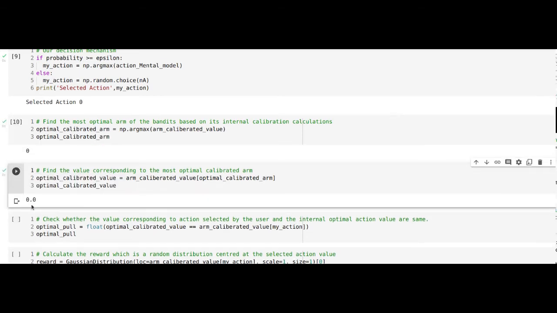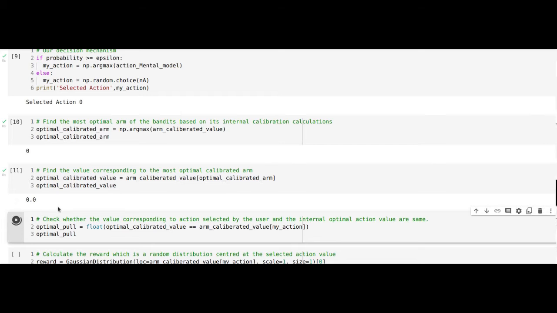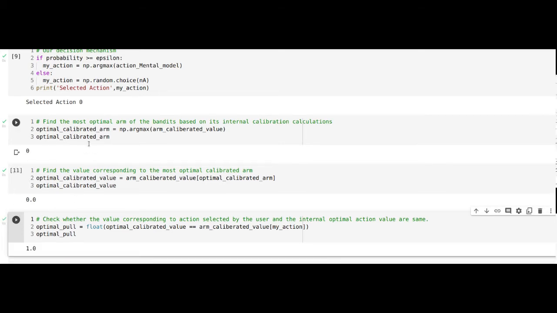Here we look at the reward generation function, which is your arm calibrated value. The optimal calibrated arm we calculate first, which is the maximum of your reward generation value. So we find the index for the arm with the maximum amount of reward. That is your optimal calibrated arm.